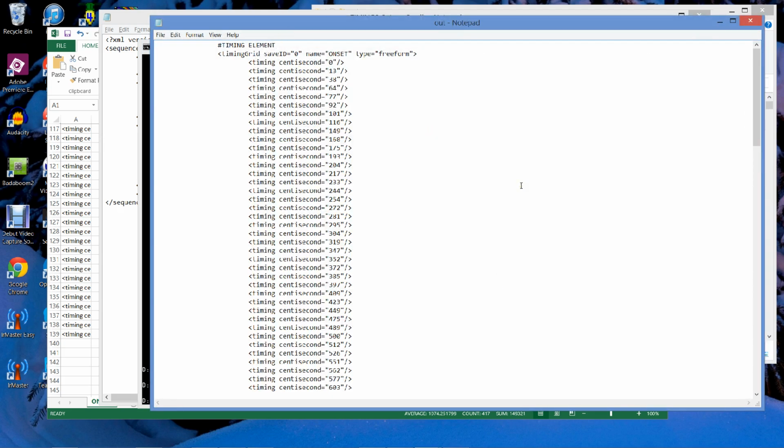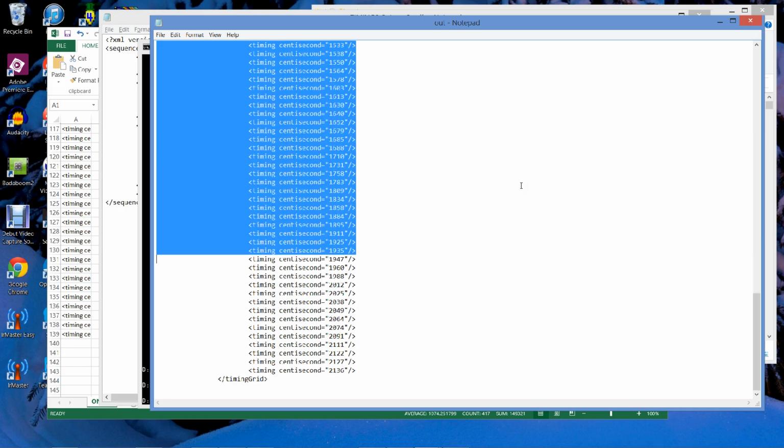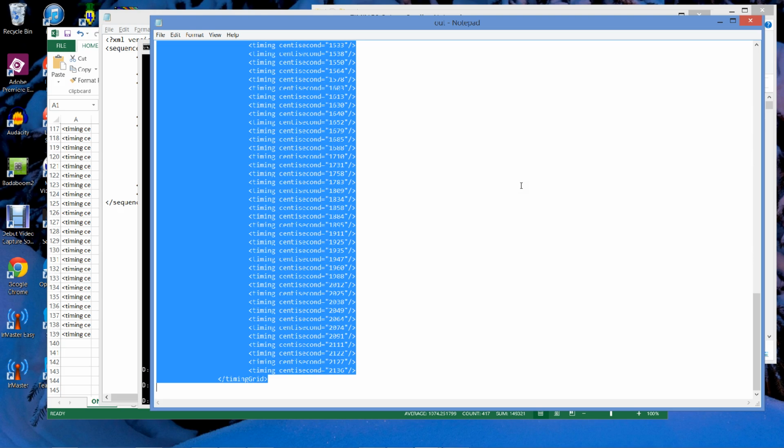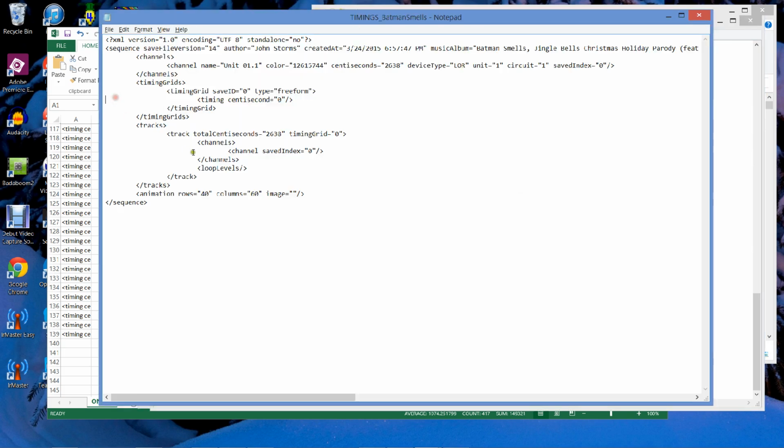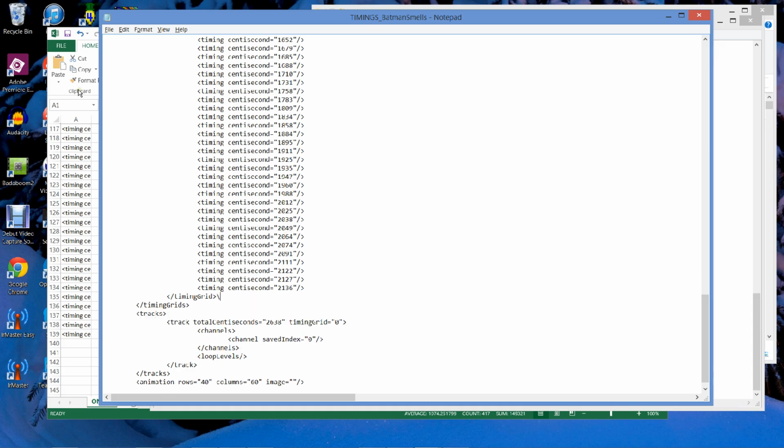Now the other thing I do is I add the name, right? So I take the file name, trim off the text, and put that as a name. I just have this here as a comment, but I don't copy that. It will cause problems. And I just grab the timing grid, Control C to copy. I come over here, I overwrite this with the new timing grid. Oops. Stray spaces like that, stray characters like that will cause problems. Okay. So now,